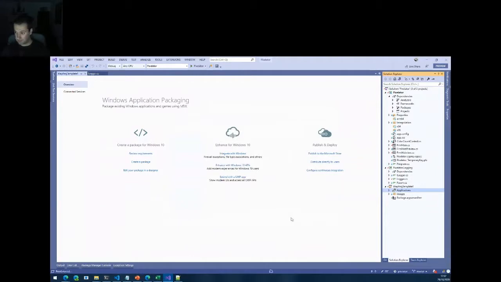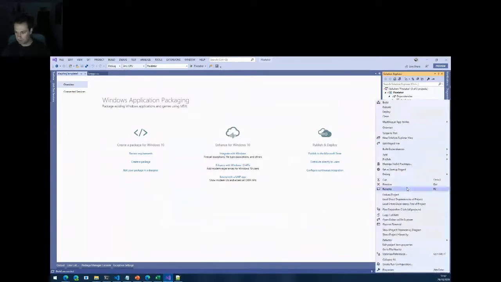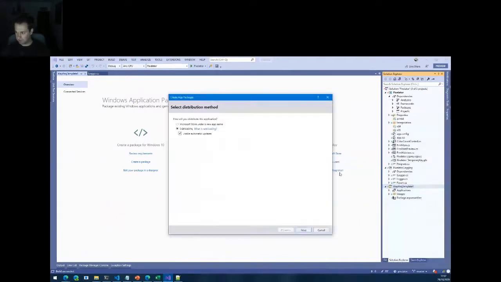Let's add it. See if it builds. There we go. Now I can right-click the package project and publish it, create app packages.